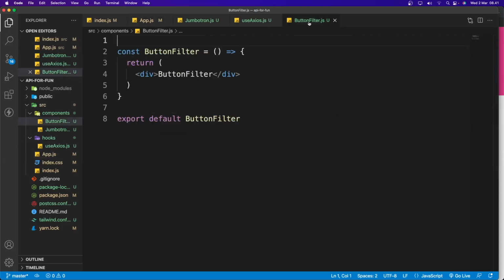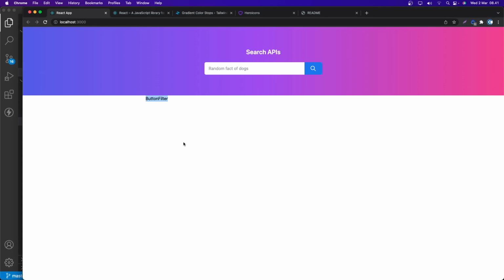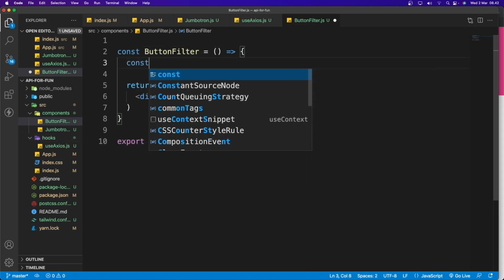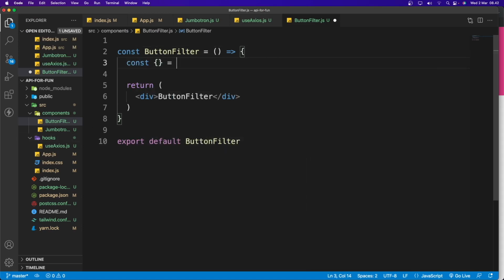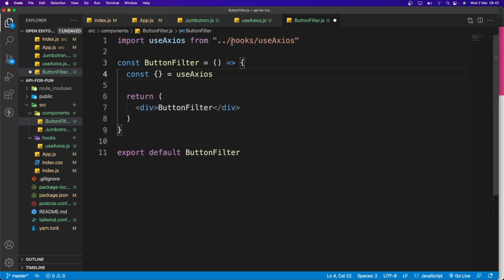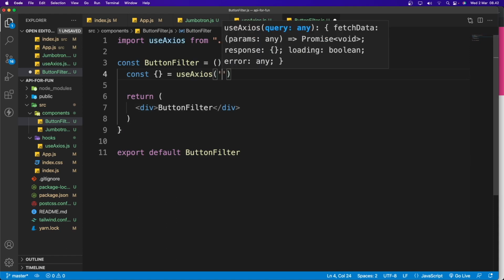Let's go back to button filters. The first thing we need to do is get the data from the API, and then we render the data, which is the filter buttons, down here. Okay, so now let's say const, and I'm going to set that equal to useAxios. Just make sure you import useAxios from hooks, and in here I'm going to say